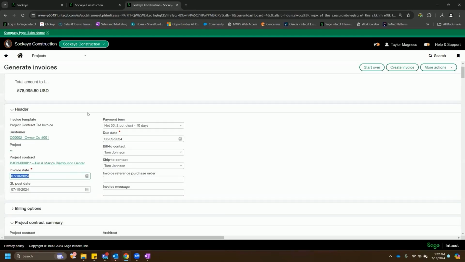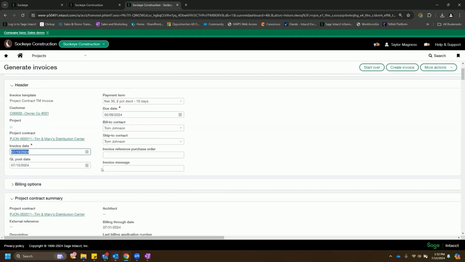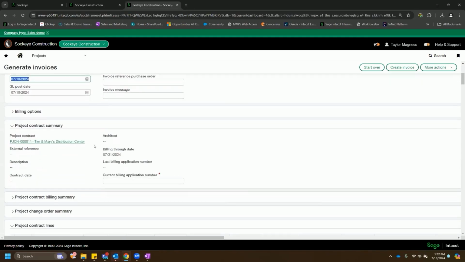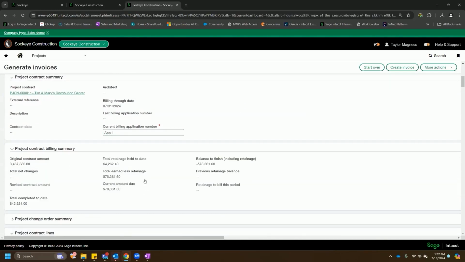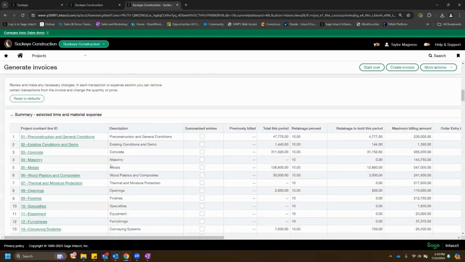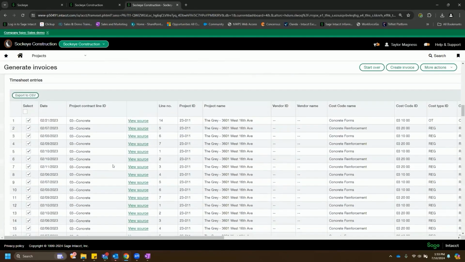As we come in, exact same look and feel, right? I've got that header level information up here at the top. Got my contract summary. It looks like we haven't actually had any invoices for this one yet. Same billing summary and change order summary here. But really, as I come down, the important part for these is that I have all of my costs that